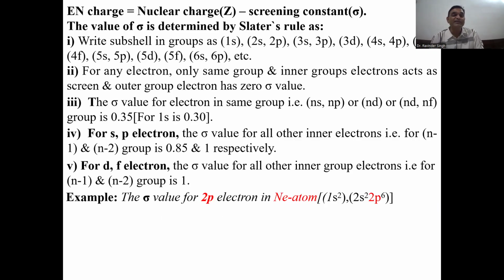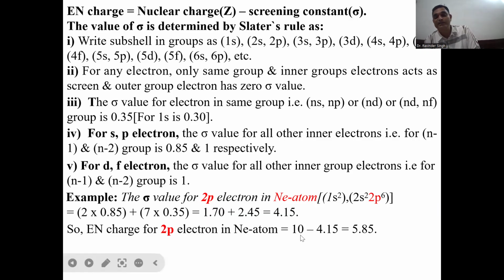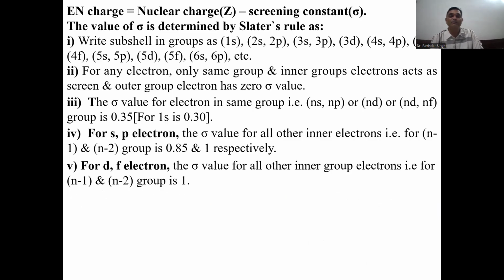Okay, now we'll take the next example. If we have to calculate 2p electron, the answer will be same like that of the 2s, because 2s and 2p collectively form the same group. ये दोनों एक ही ग्रुप बनाते हैं, तो इसीलिए जो आपका 2p के लिए भी निकालना पड़े, तो रिमेनिंग जो इलेक्ट्रॉन्स होंगे इस सेम ग्रुप के अंदर वो 7 होंगे। तो 7 मल्टीप्लाइड बाय सेम ग्रुप के लिए 0.35 होता है, इनर ग्रुप के लिए 0.85 होता है। इनर ग्रुप के अंदर दो इलेक्ट्रॉन है, तो 2 मल्टीप्लाइड बाय 0.85, आपका आंसर 4.15। ये स्क्रीनिंग कांस्टेंट की वैल्यू आ गई। और जब इसको माइनस करेंगे हम एक्चुअल न्यूक्लियर चार्ज के अंदर से, तो 10 माइनस 4.15 आंसर आ जाएगा 5.85।